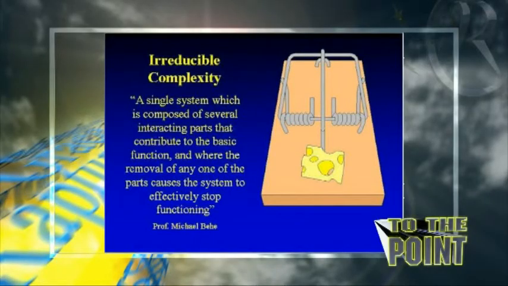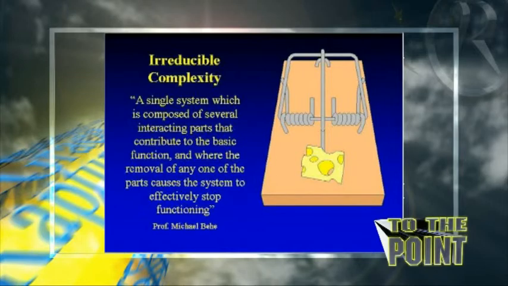So I want to introduce you now to this irreducible complexity, which is image 80A. And I've shown you something very simple, which is a mousetrap. I don't know if we can see that image, number 80A, of a mousetrap. Well, a mousetrap is basically a simple piece of wood, and it's got a spring on it, and a piece of cheese, and a trap. There we go. Now, that is a little machine, a machine designed to catch mice.